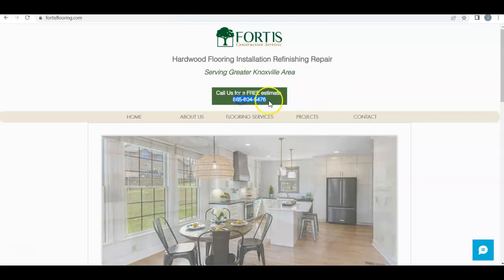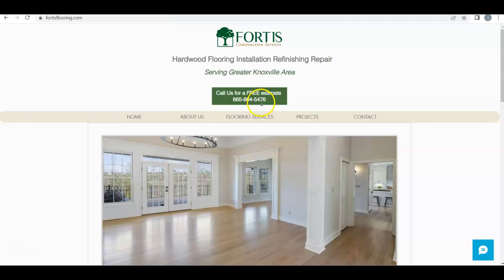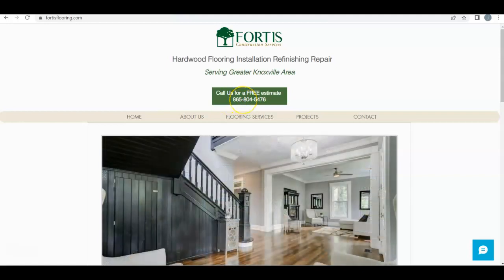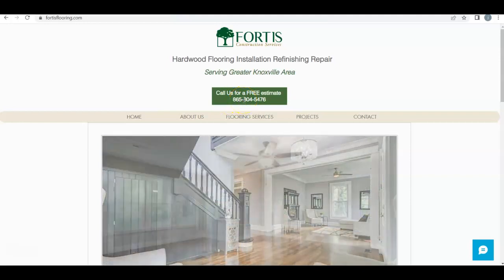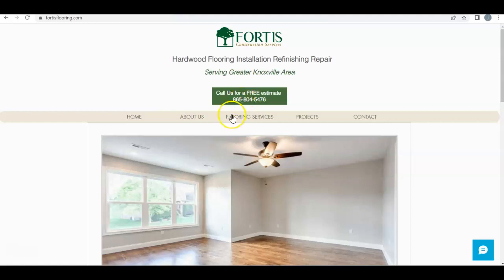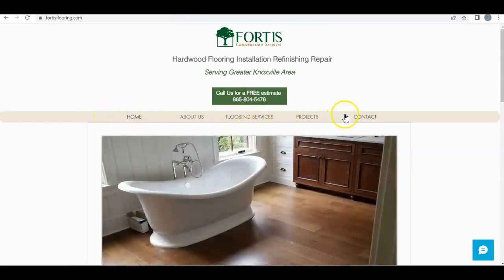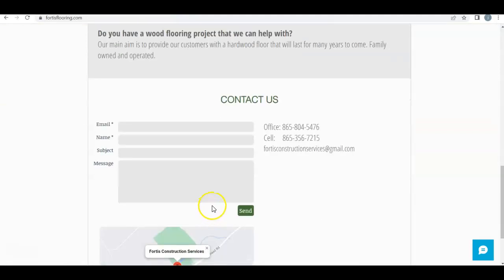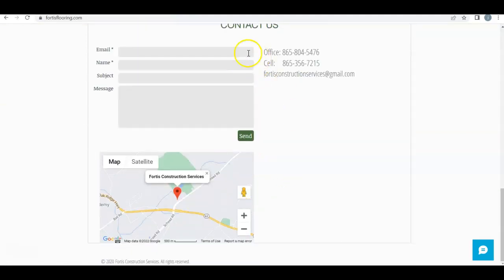So, right now, having the number there is great, but people are lazy. They want to do the least amount of work possible. So if you make it where if you click it, you can get on the phone with you, people would do it a lot more, which sounds crazy, but people, as I said, are lazy. Then, of course, you have your different drop downs and the different services, which is awesome. And then you have contact us, where you put in your name, number, email, and we will get back to you